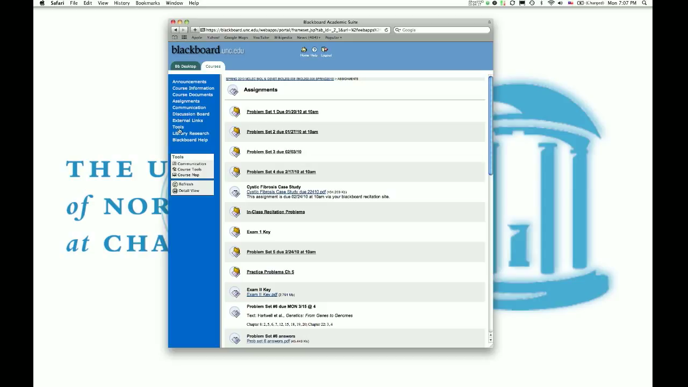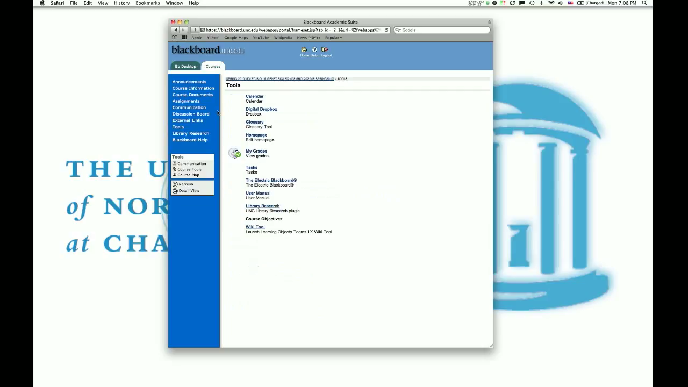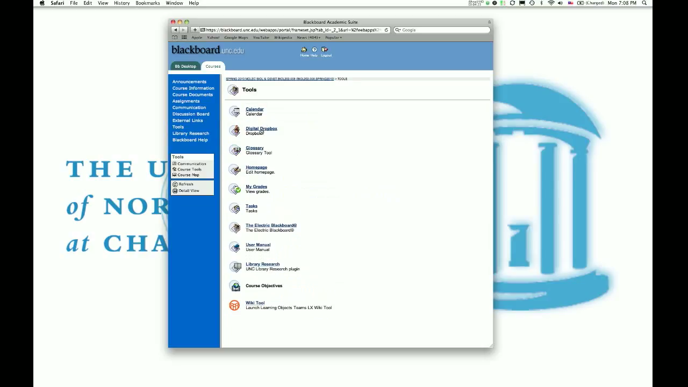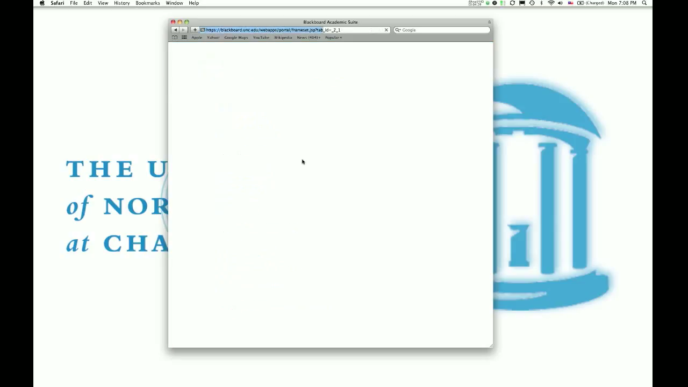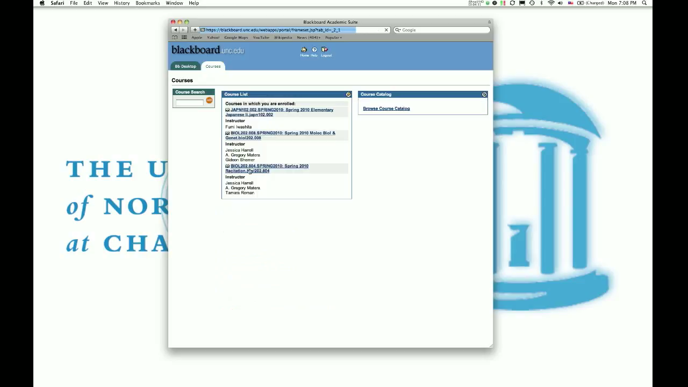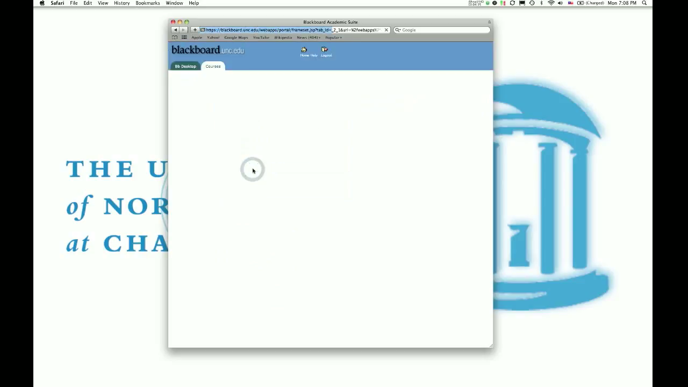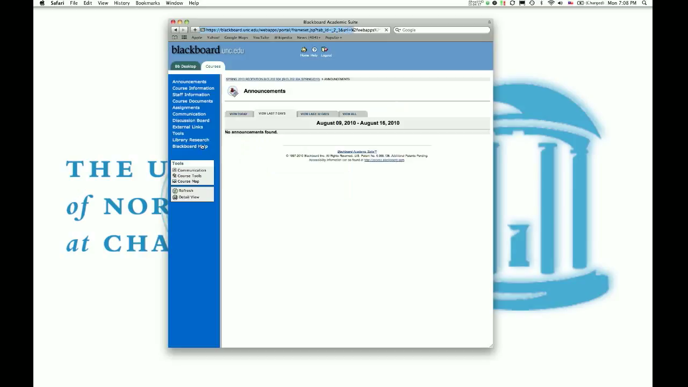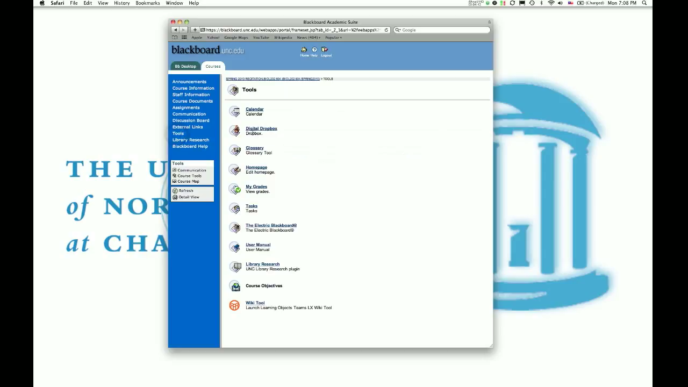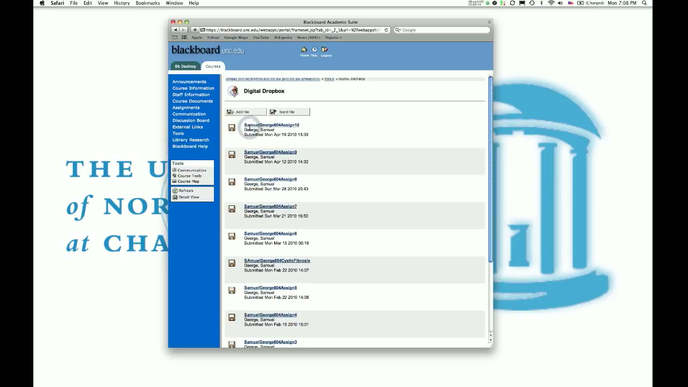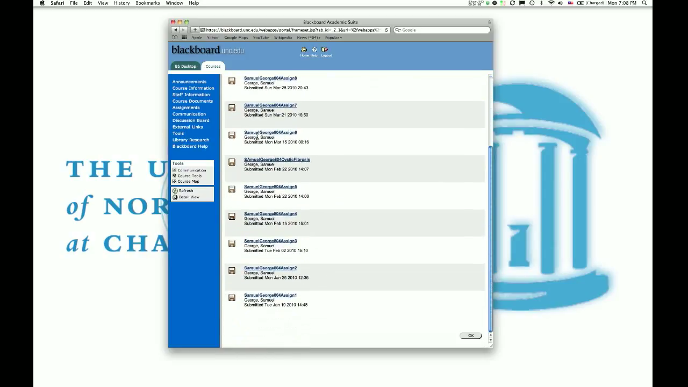And the final thing that most people use is if you go to Tools, the digital Dropbox. Now this basically allows you to send things to your professors. So what I'm going to do here is, as you can see, I also have a recitation registration. So we're going to go ahead and click on the recitation. You'll see we have the same set of tools over here. If you go to Tools, Digital Dropbox, these are all the assignments that I actually submitted